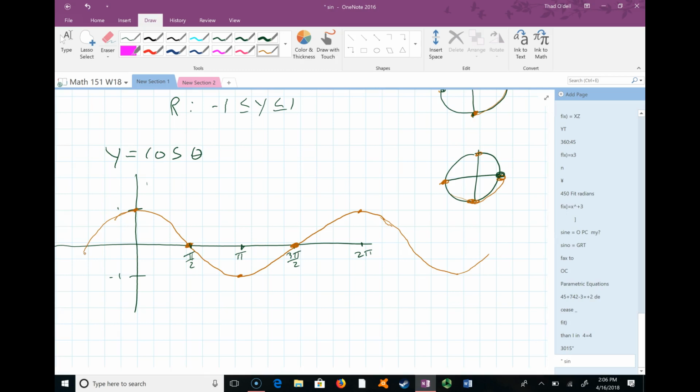So I think it'd be very helpful for you to maybe shut off the video and try graphing this on your own, and then turn it back on and re-watch the video. But you want to get good at producing these graphs. So I would say pause the video right now and work on that, because where I'm going to go next